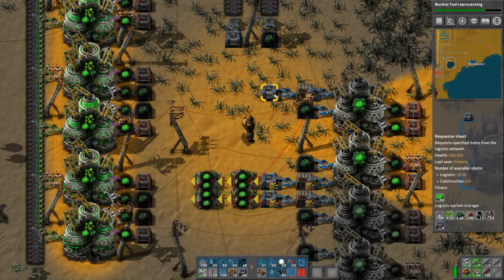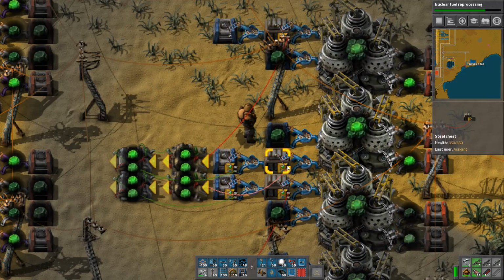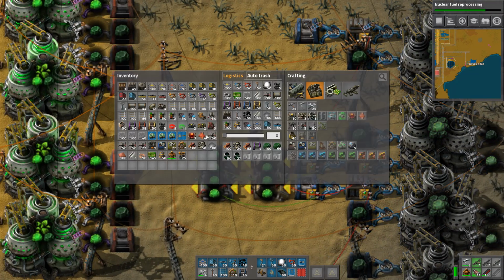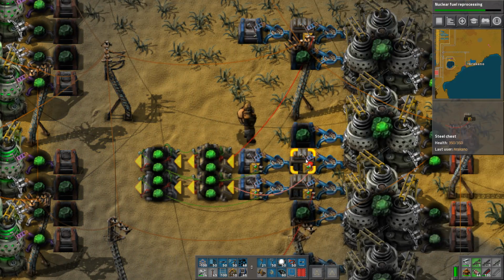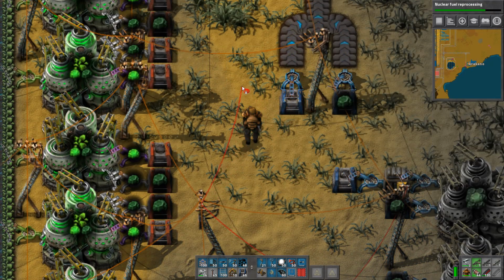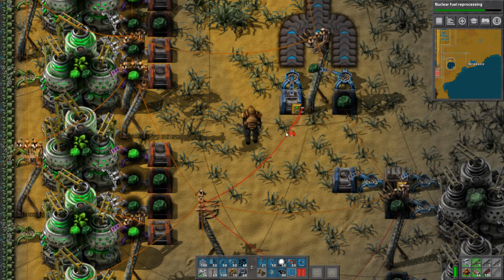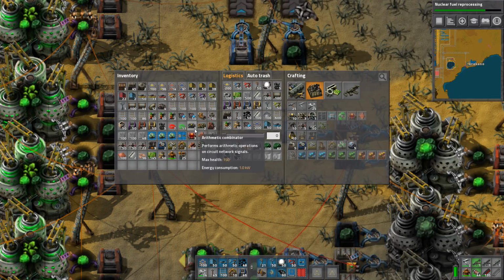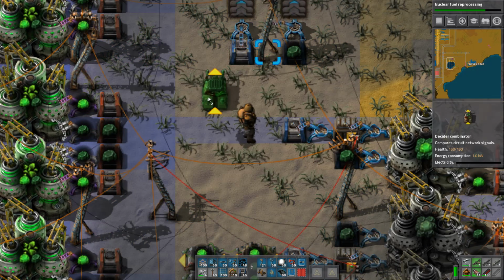So I think maybe I'll just hook it up to this one. So that one's just reading content, so it's safe to put a red wire here. I need a couple more. So I've got